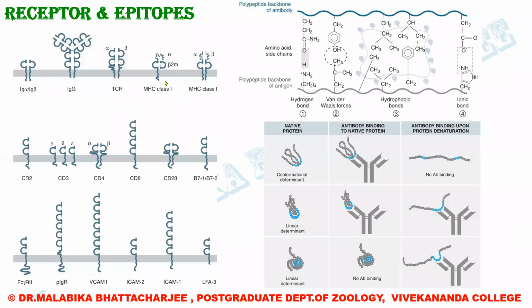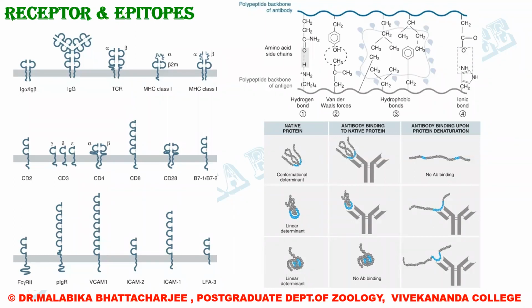So these are the receptors and the epitopes, and you can see the similarity. I had said that the receptors belong to almost the same family, so they have very similar immunoglobulin-like domains. So this is the similarity in the receptors that we observed in the cells of the innate immunity and in the cells of the adaptive immunity. This is the four basic kinds of interaction that are observed between an antigen and an antibody. So these are the four standard basic kinds of interactions observed in an antigen and antibody reaction.